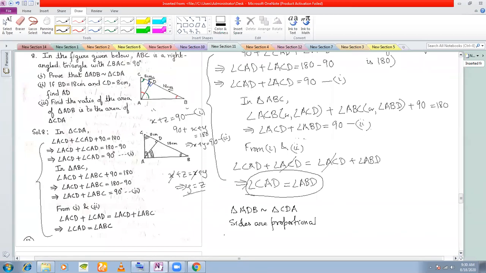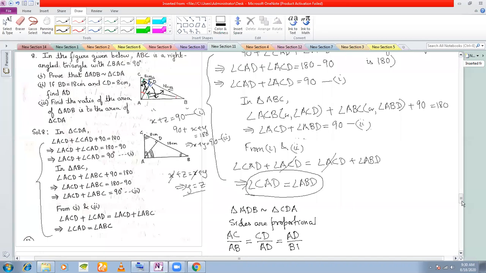Okay, now opposite to the right angle, what side you have? You have the side AC. In this triangle, you have the side AC. And in this triangle, opposite to this right angle, you have the side AB. So AC by AB. Look at the red angle. Opposite to the red angle, you have this side CD. So CD. In this, you have the side AD. CD by AD. Opposite to the green angle in the smaller triangle, you have the side AD. And here, opposite to this, you have the side BD.